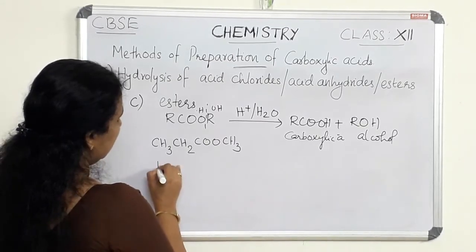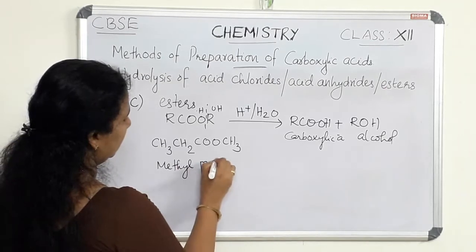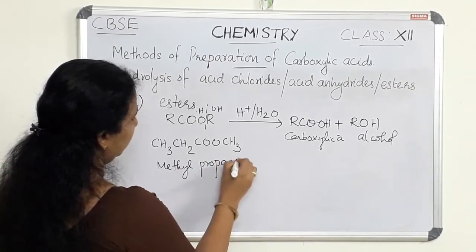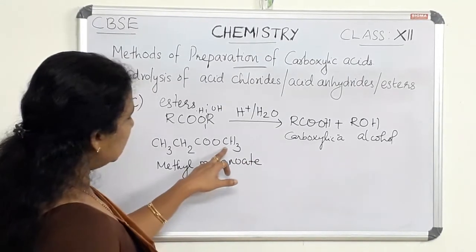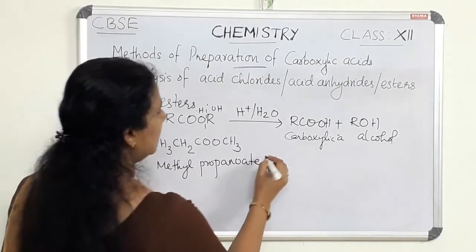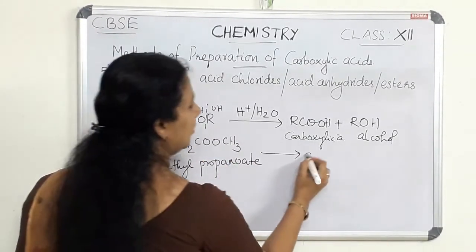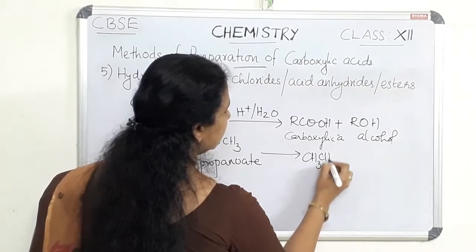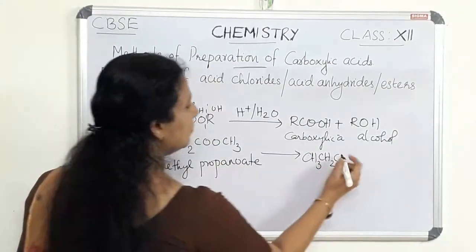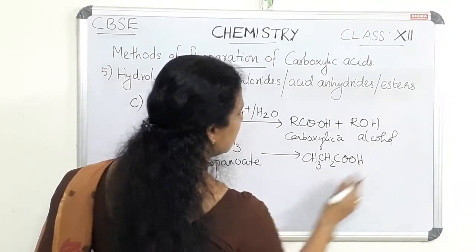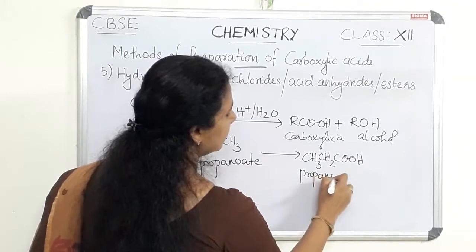So this is methyl propanoate. Upon hydrolysis we will get propanoic acid, CH3CH2COOH. So 3 carbon atoms. So it is propanoic acid